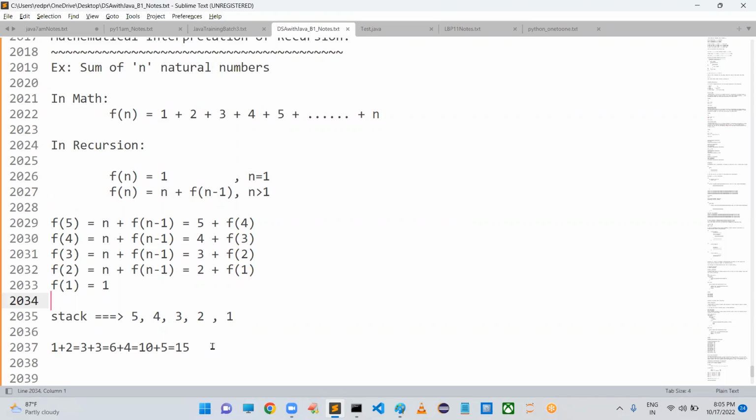Clear? Right. So this is how you can interpret math and recursion. Both are the same. But here in mathematics, we write the recurrence relations to solve these problems. But in Python or Java, it will become infinite. So to make it finite, we frame the algorithm in such a way that it should terminate in finite steps. I think this mathematical interpretation with respect to recursion is clear for you people. Can you please confirm? Do you have any doubts up to this?